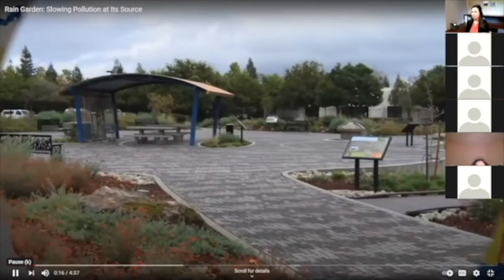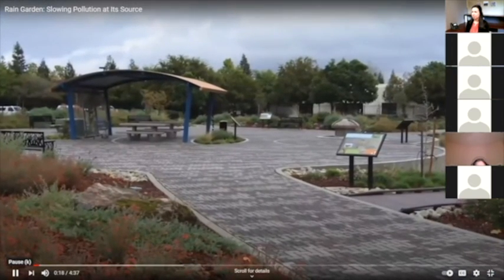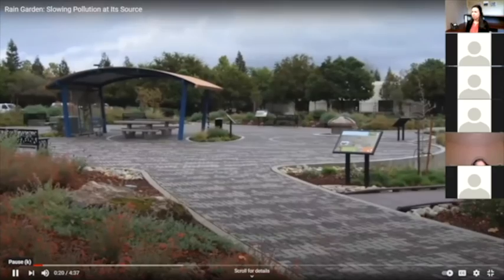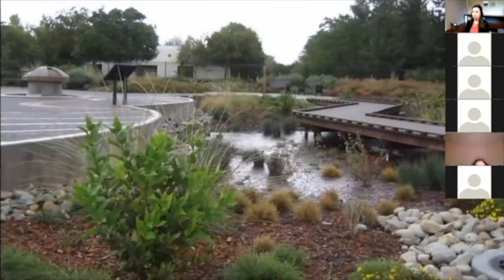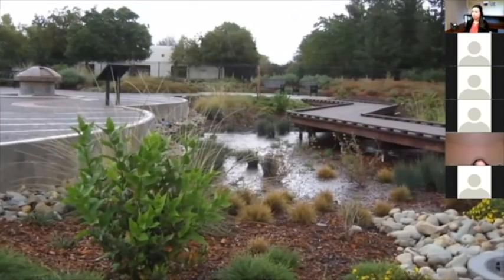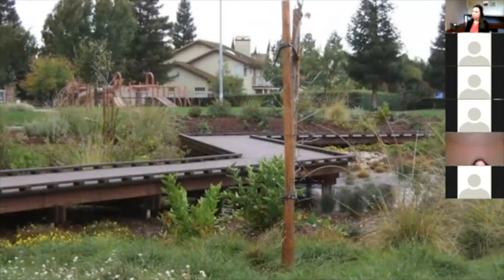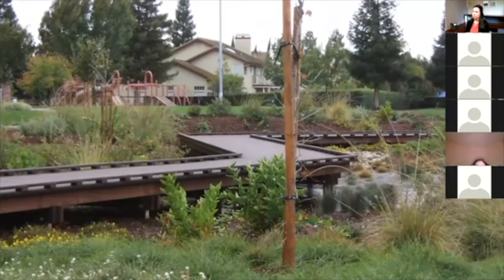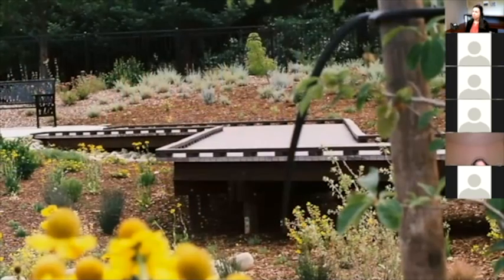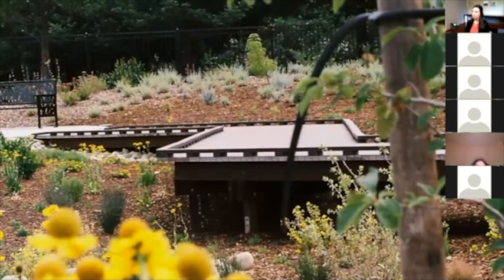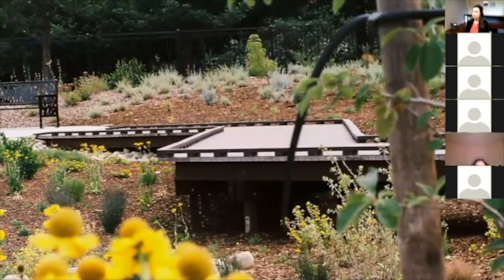It's a 1-acre site. In the center is a large plaza, and to one side of the plaza is what looks to be sort of like a wetland with a bridge that meanders across that wetland, and that wetland essentially is the rain garden. The plaza is surrounded by lots of mounds and swales and a huge variety of native